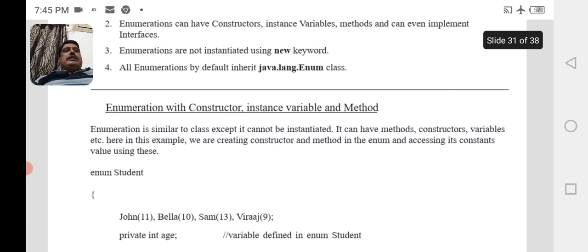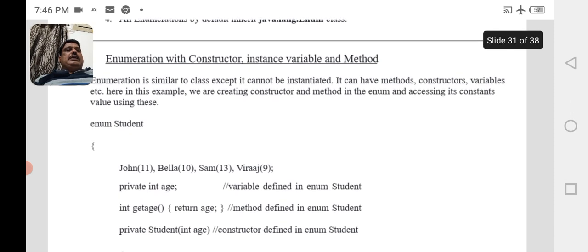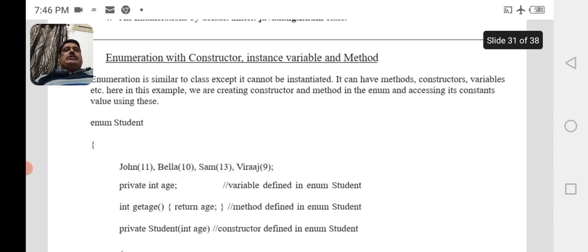Enumeration with constructor, instance variable, and method. Enumeration is similar to a class except it cannot be instantiated. It can have methods, constructors, variables, etc. Here in this example, we are creating a constructor and method in the enum and accessing its constant values using these.